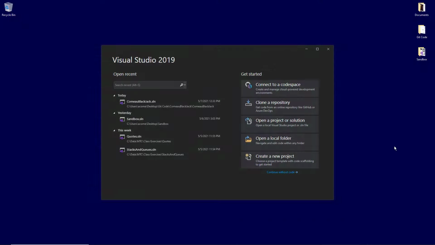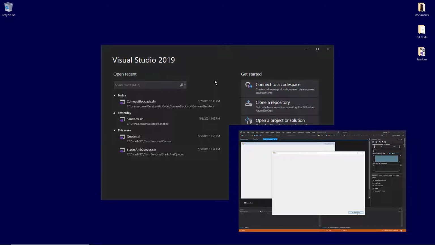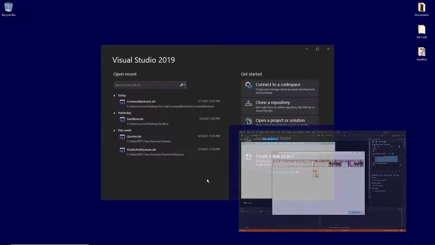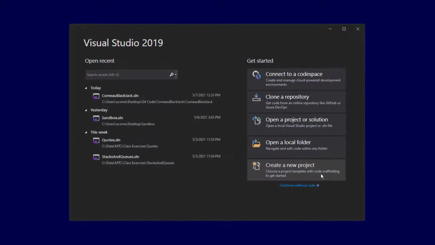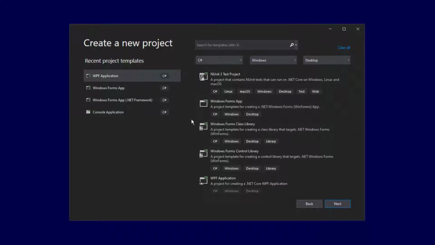In this first video, we're going to focus on creating the new application and the initial form. This application that we create isn't really going to be specifically useful as a game or for anything else, but you'll get an idea of some of the first steps that are involved in creating an app, and we'll do some of the groundwork. So let's go ahead and create a new project, and it's going to be a Windows